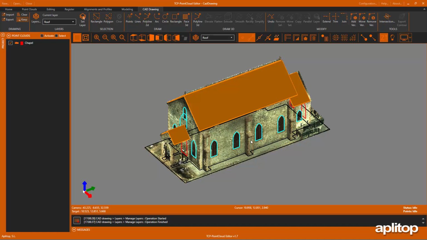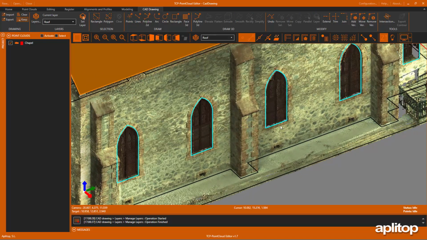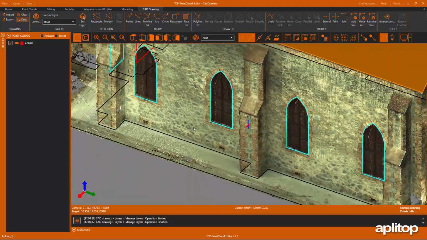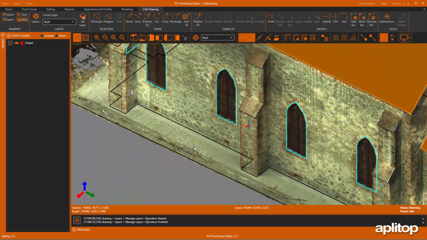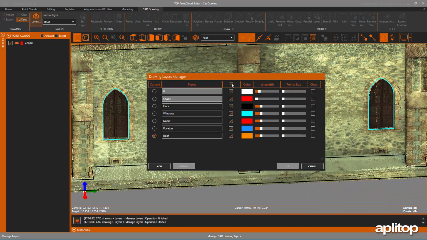In this video we will see some of the CAD drawing tools offered by Tcp PointCloud Editor, to model a building or construction. We create a drawing layer in which we will group the buttress type elements. As it is a geometry that is repeated in several areas of the point cloud,